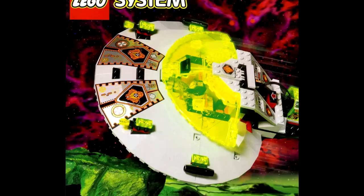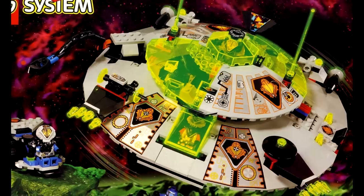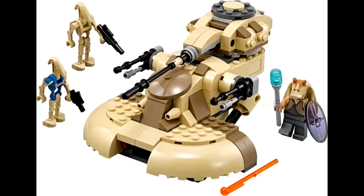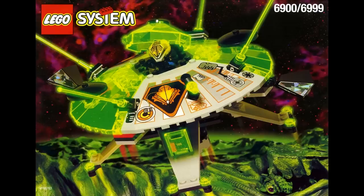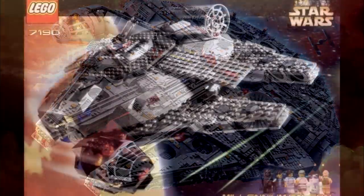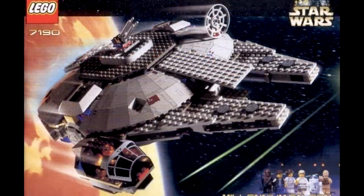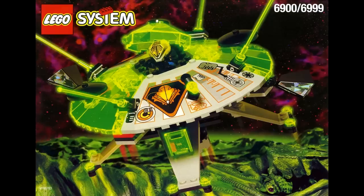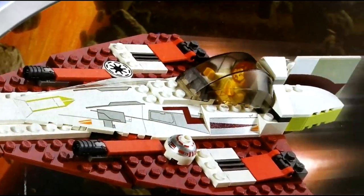The biggest point against these sets, you could say, are those huge curved pieces, and I'm pretty sure they've been retired. We have similar elements now, but smaller and easier to build around. These are even more infamous than the big ugly rock piece, to the point that the first Millennium Falcon LEGO ever released is considered an embarrassment by many, but I still have a soft spot for it. Interesting to see this kind of thing attempted 5 full years before 2002 sets pulled out the same thing, more